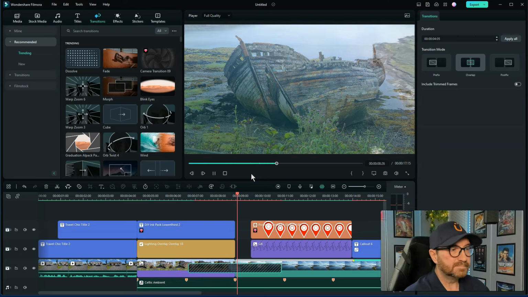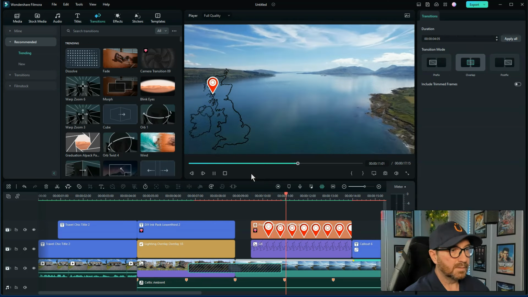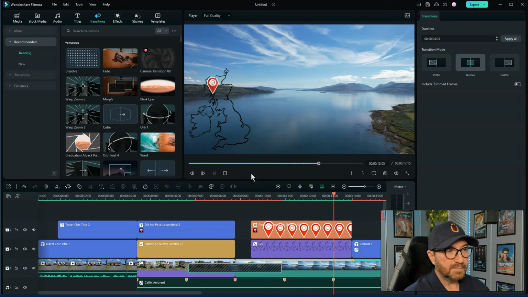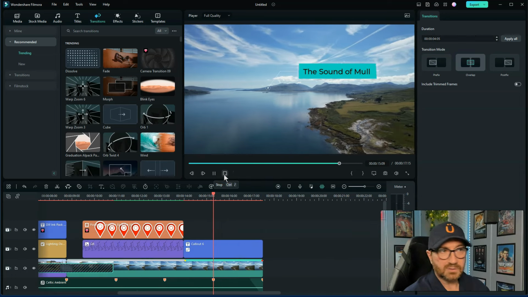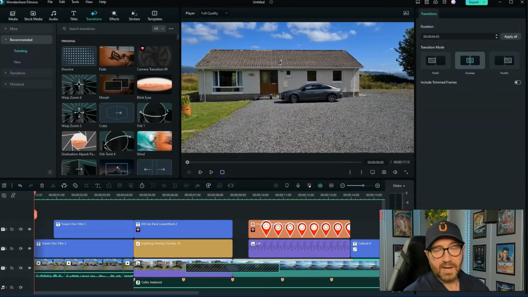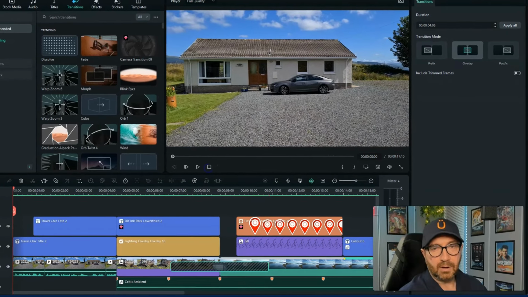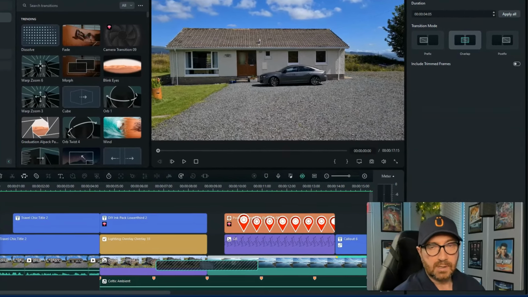Transition kicks in. Okay, that looks quite nice. Okay, so that was just a quick tutorial on how to create your own slideshows